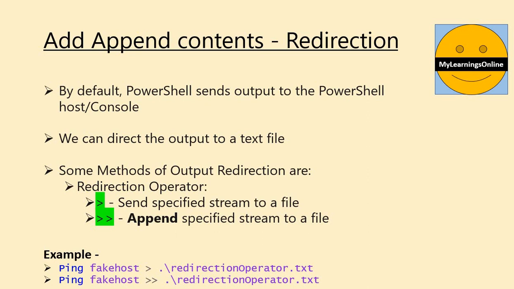Double forward arrow is used to append output to a file. The only different thing in this operator is that it doesn't override the contents of an already existing file, but it appends the content. If the file already exists, it writes the output to the existing file, but if the file doesn't exist already, it creates the file for us and then adds output to that file.